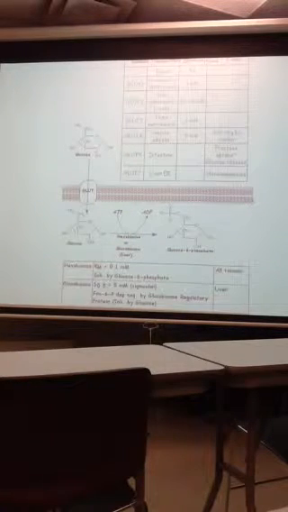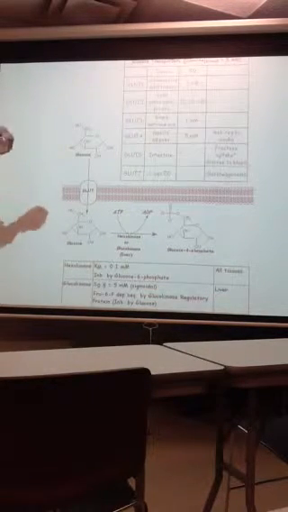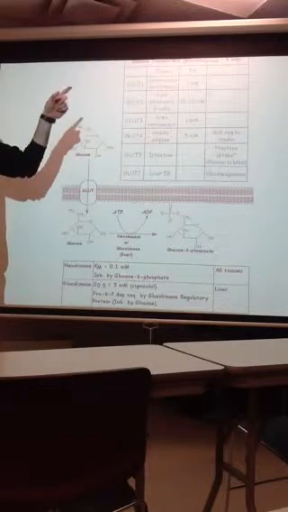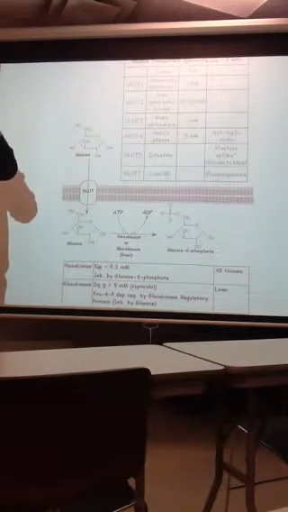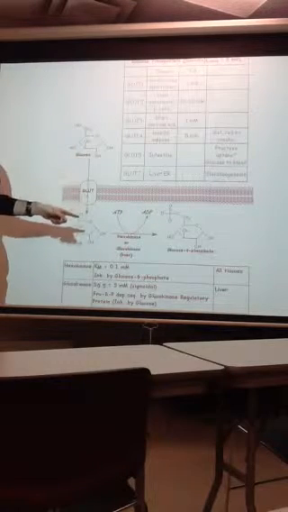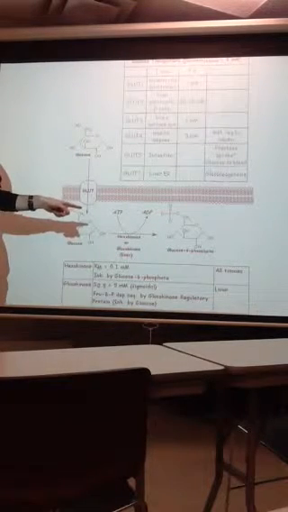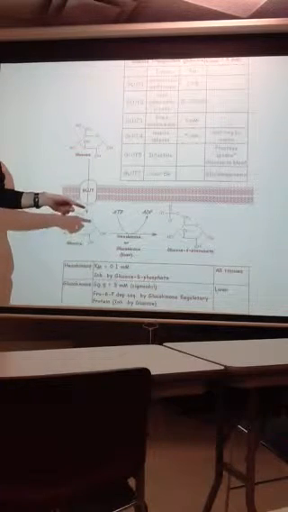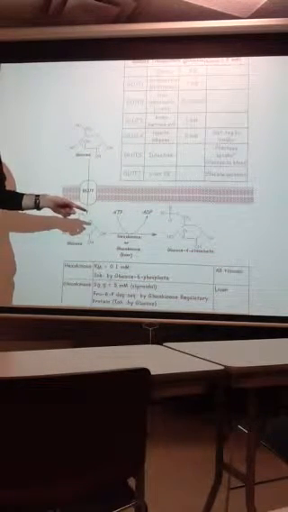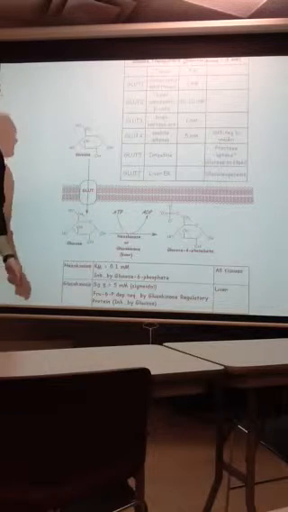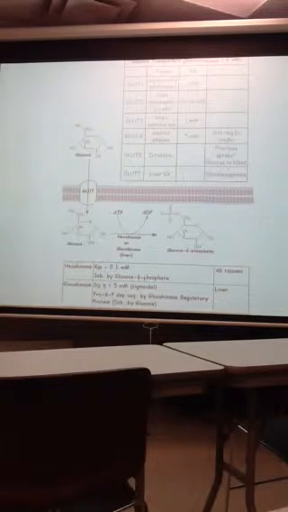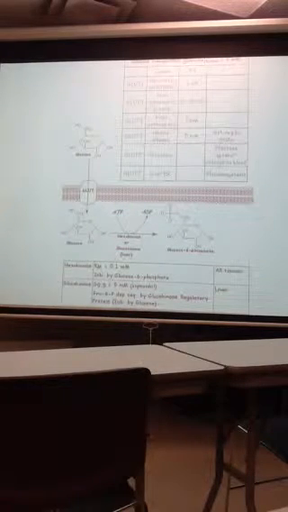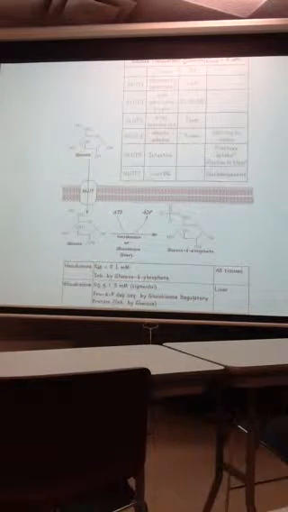Okay, so let's think about that. What did we say the concentration of blood glucose is? 5 millimolar. Okay, how does 5 millimolar relate to 0.1 millimolar? It's a lot bigger. How much bigger, Devin? 50 times. 50 times. So the concentration of blood glucose, normal fasting blood glucose, is 50 times the Km for